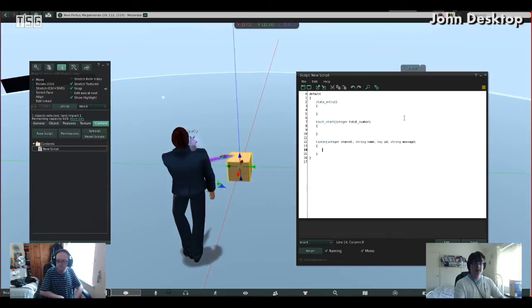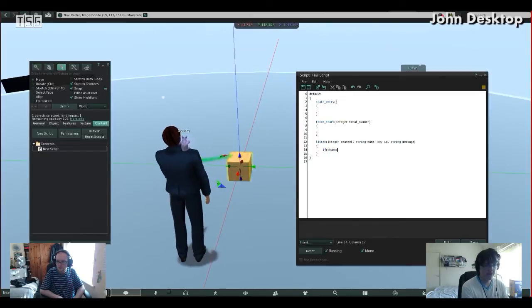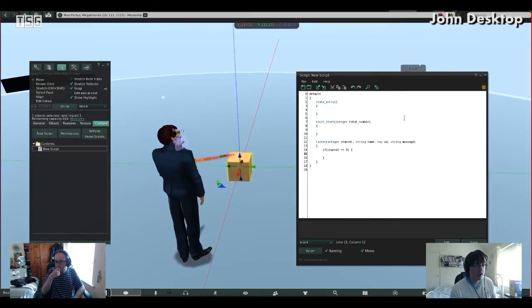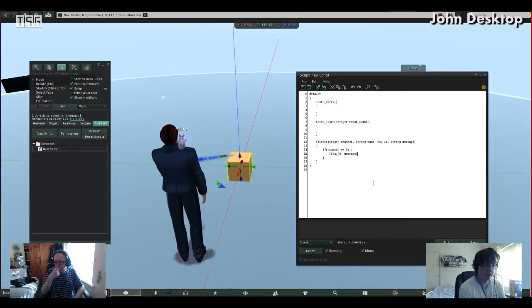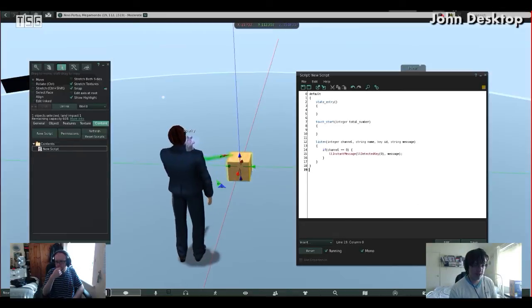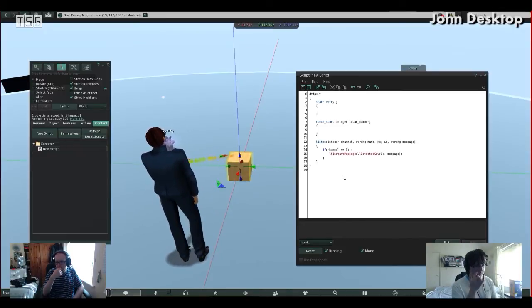Now what our prim will do is listen to any messages it can on any channel. To start off with, I'm going to just scan for only channel 0, which is, of course, as I said two videos back, the public channel. So if the channel is 0, then just say the message out to us. Like that. Now, this might cause a bit of a recursion. I'm not sure whether or not this will cause some sort of loop, because we're sending the message on channel 0. So to prevent that, just in case, I'm going to do LL instant message instead, because I do not want it spamming us with the same message over and over again. So if I save that now,